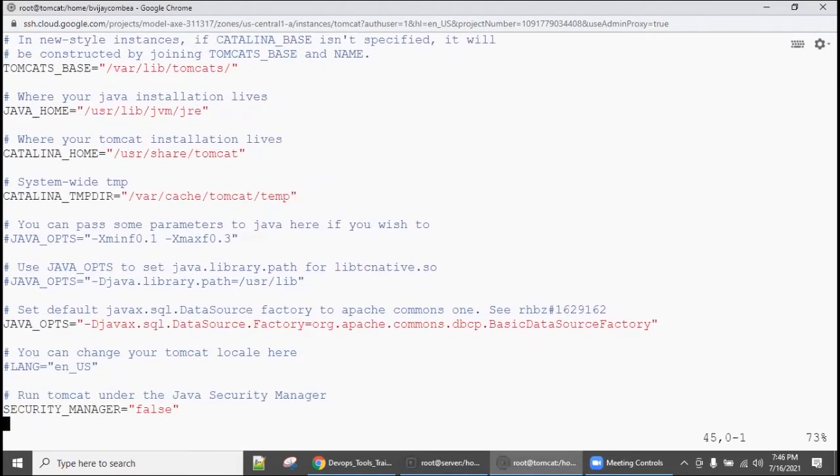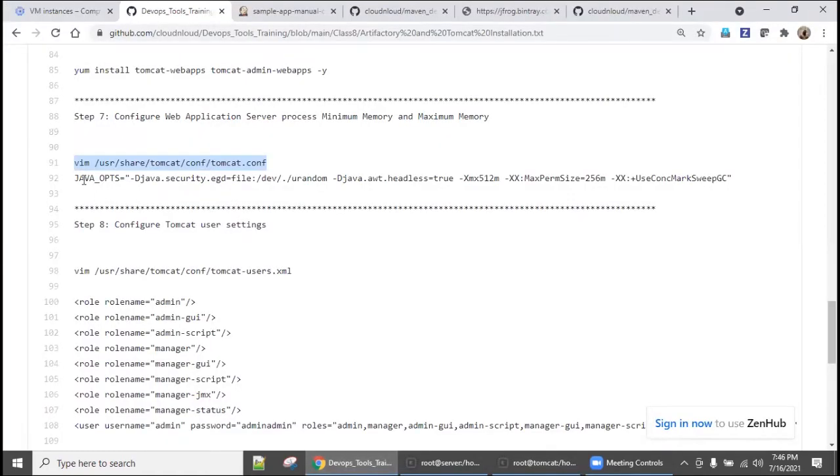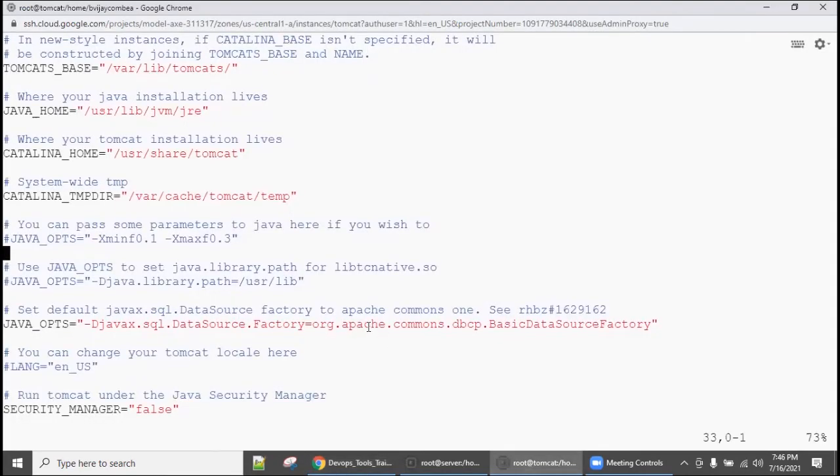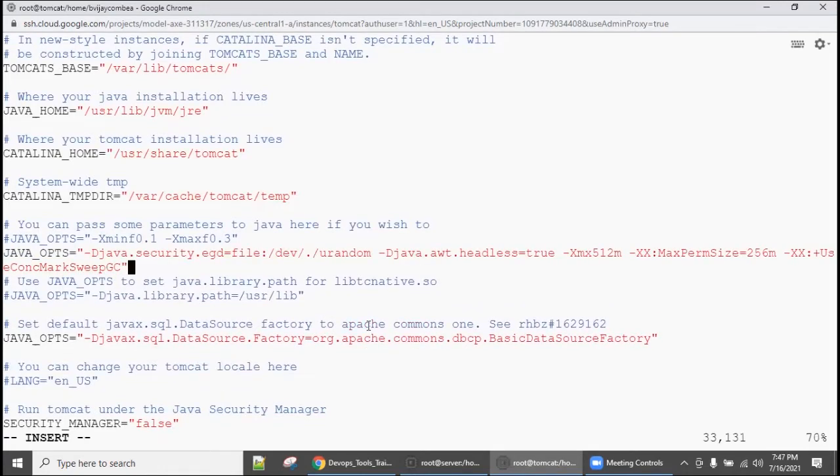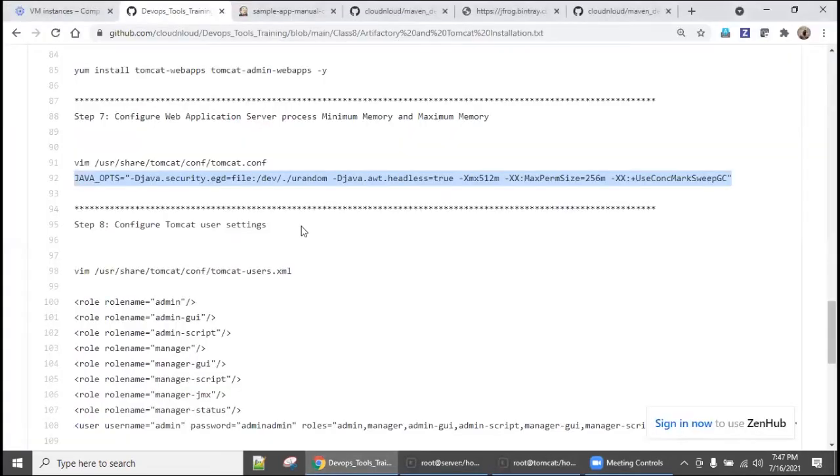So what we are going to do is place somewhere here, copy these Java options. Okay, so we are going to make sure the settings are in place. I'm just copy pasting here, say 512 MB RAM. Okay, and there is garbage collection also we have enabled. So let's check. I'm going to save it. So now everything is fine.